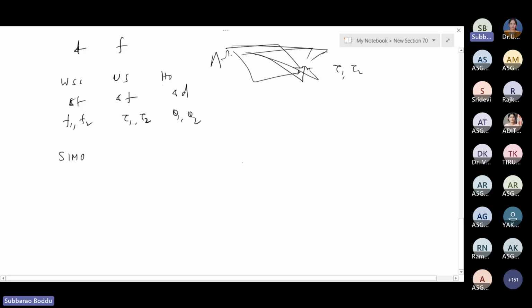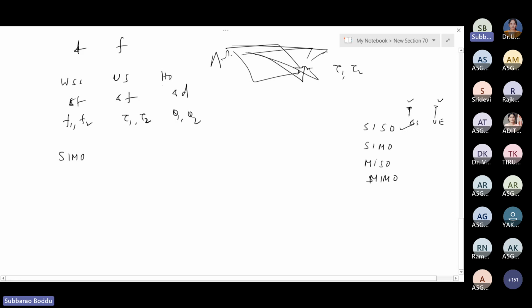When you talk about MIMO communication, we say it is single input single output, single input multiple output, multiple input single output, and multiple input multiple output. So this we know. Take an example like mobile communication: at the base station we have one antenna, at the UE we have one antenna. And for SIMO, single input multiple output,